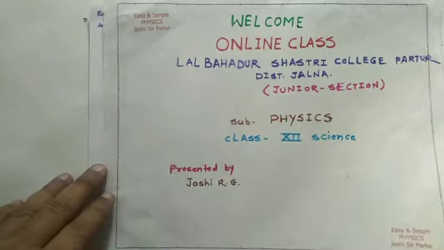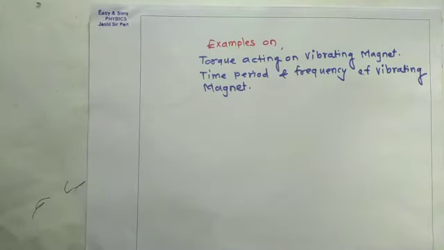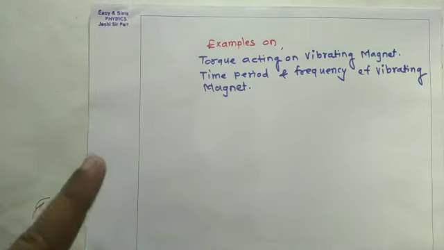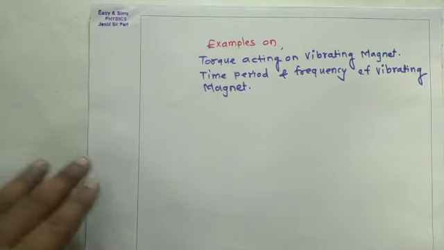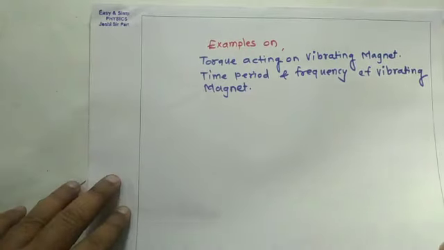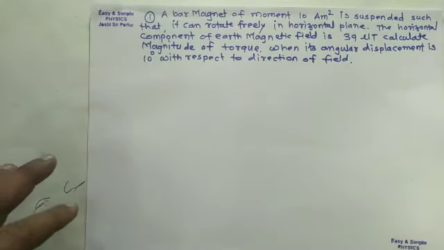Today we learn about the examples on torque acting on a vibrating magnet and time period and frequency of a vibrating magnet. So the first example we will see is